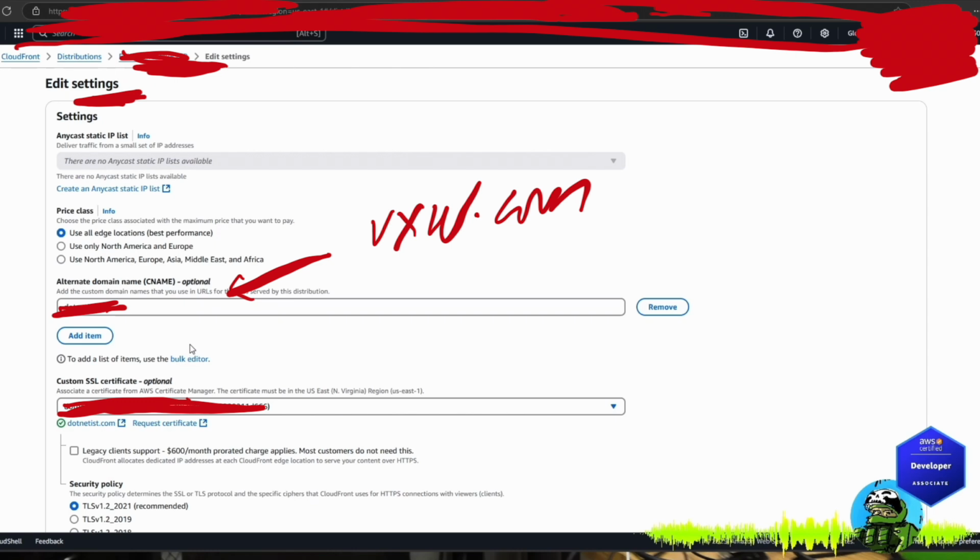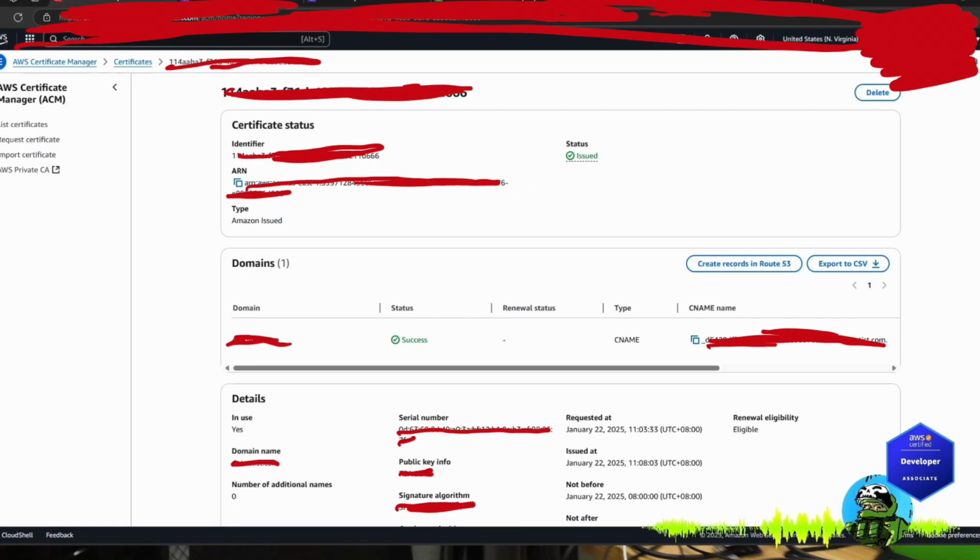So that when we access the domain, it will load our CloudFront distribution, and because of that, it will request a certificate in ACM. And in our ACM here,